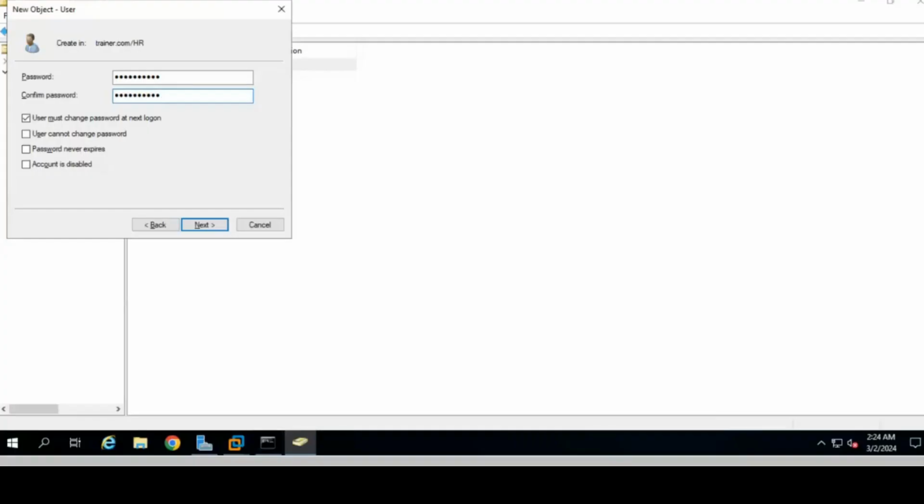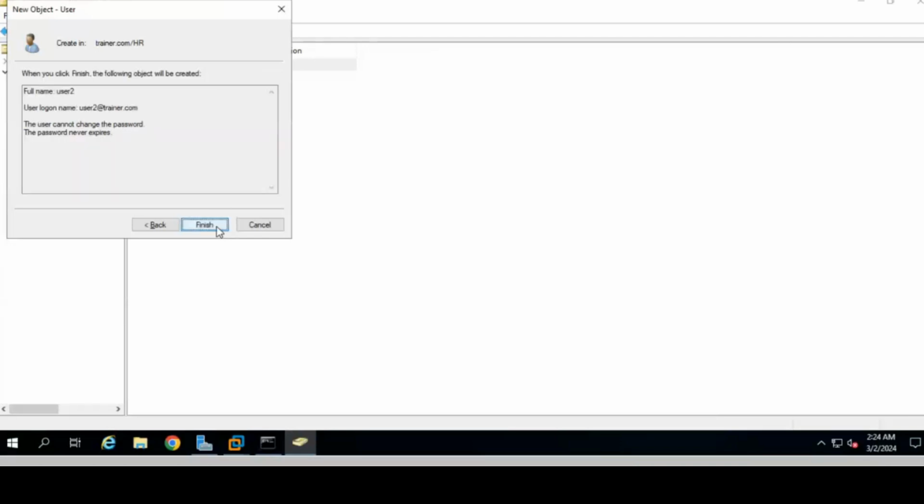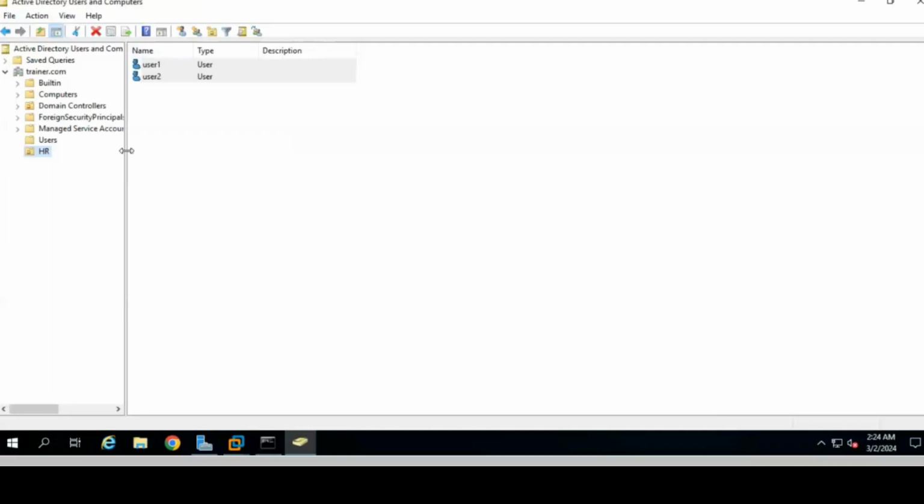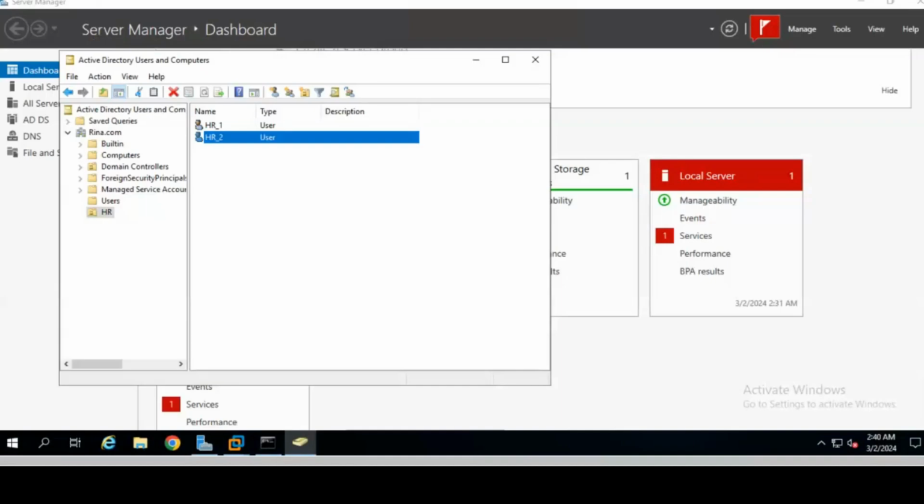Untick the first option, tick the second and third, next and finish. Now it is created. So this is how we can create an OU, an organizational unit, and then create users under this OU. In the same way, we can create multiple OUs and multiple users. Now just create this OU on your machine. Then we'll see how we can apply policy on this OU.